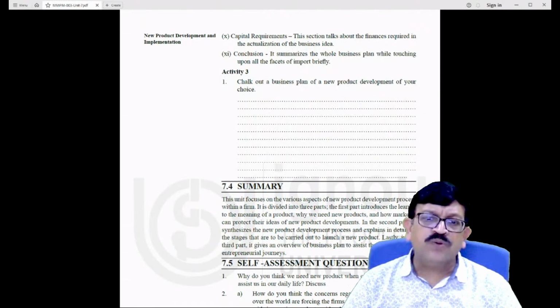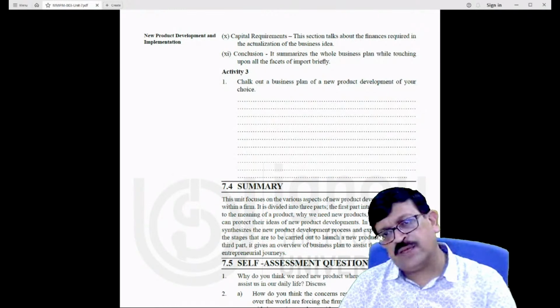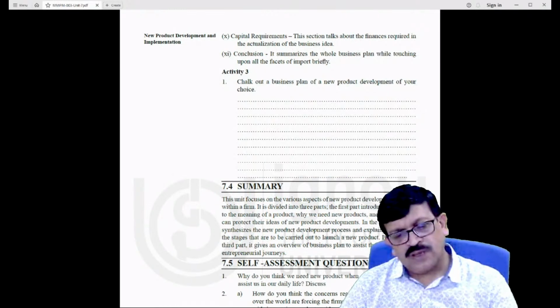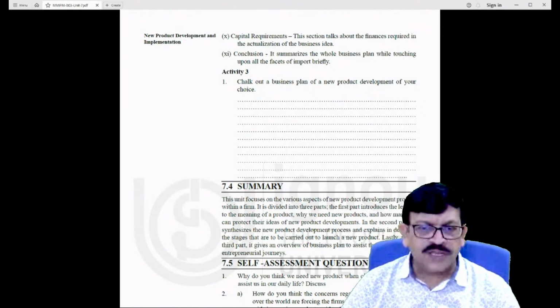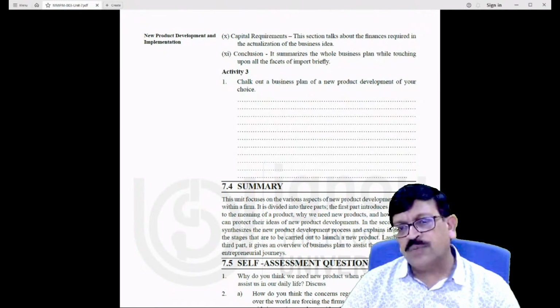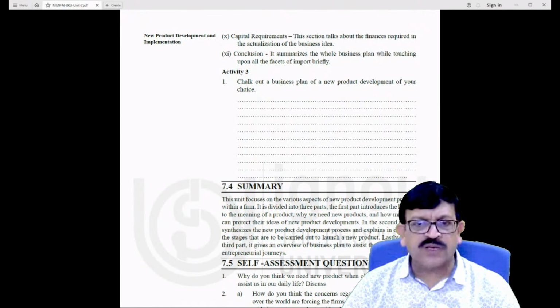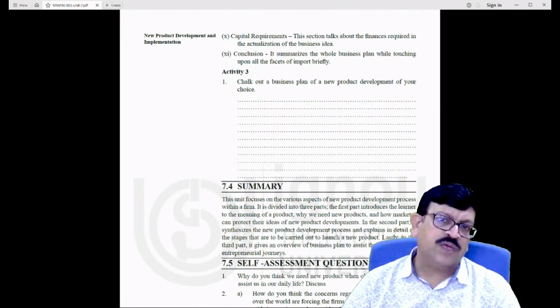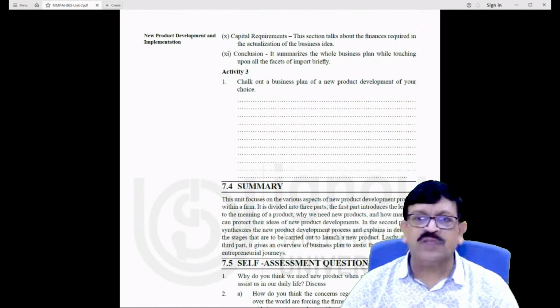Then we looked into how to synthesize the entire process of new product development: collection of ideas, screening of those ideas, leading to product concepts, and the attributes that we want to give those concepts,